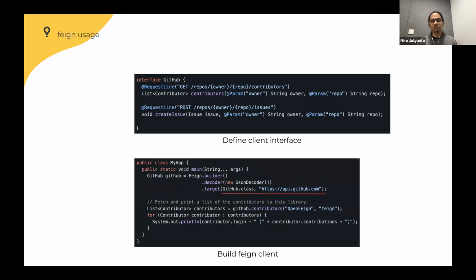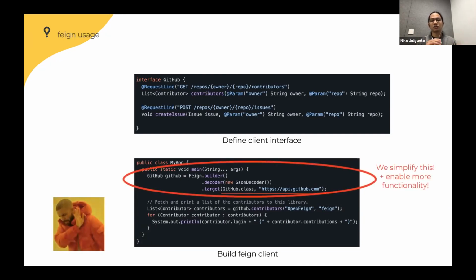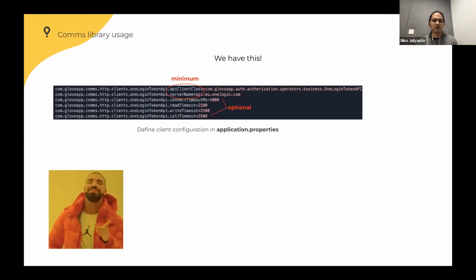And we see that this pattern is kind of common. It's not tied specifically to business logic. So we thought about simplifying this and also making it generalized. And also we add more functionality. So here you only see the configuration for Feign, but in the comms library, we also add the resiliency and enable the observability. So instead of having this, next slide,